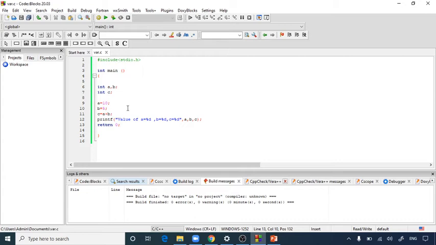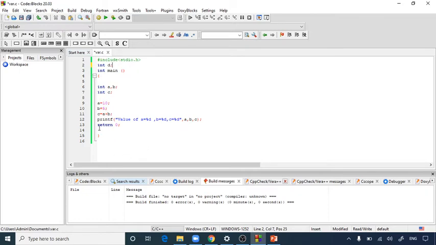Global variables are defined outside of any function. Usually they are declared at the top of the program. They can be accessed and hold their values throughout the lifetime of the program, at any point of the program. So I'm going to declare one integer here, let's say int d, and then put a semicolon. I have declared this variable globally, outside the function, so it holds its value through the whole program.